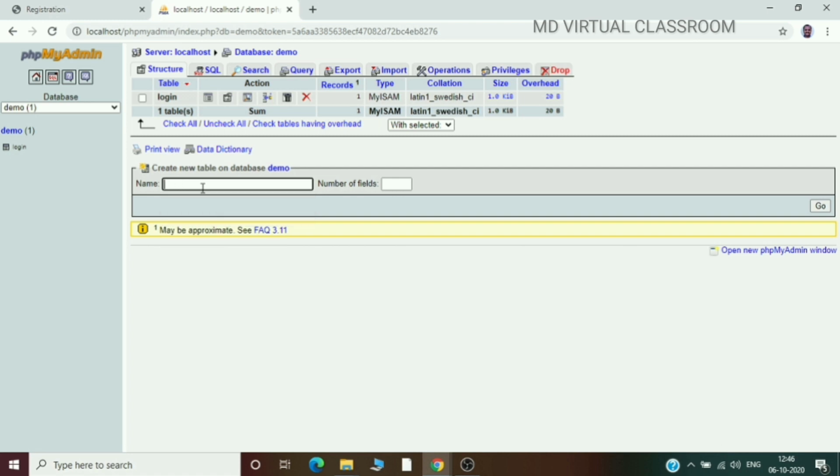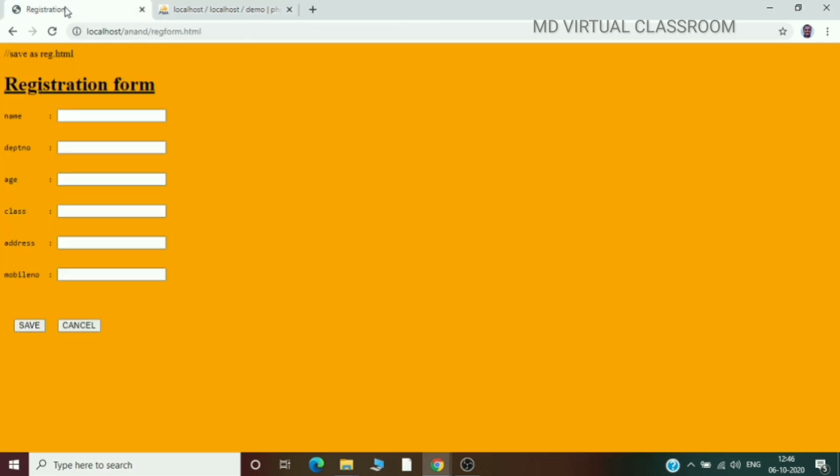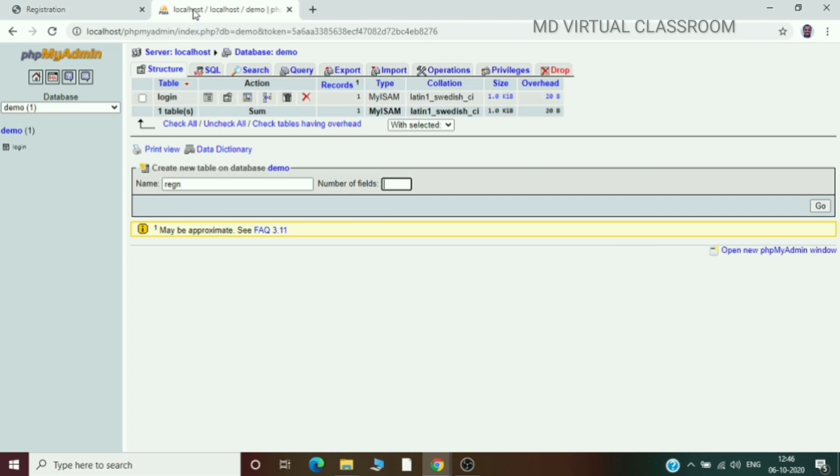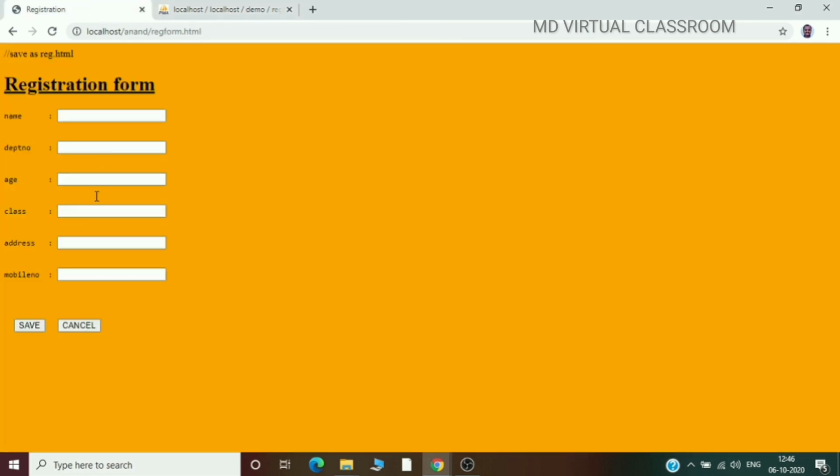So registration, we can give REGN as the short form. And how many fields am I having? 1 2 3 4 5 6. So 6 fields. You should give the same names.